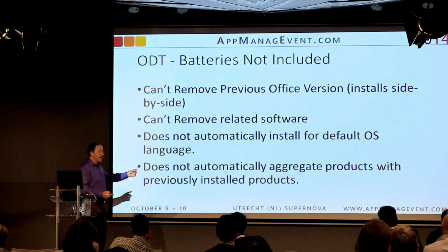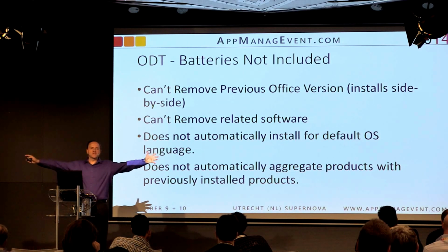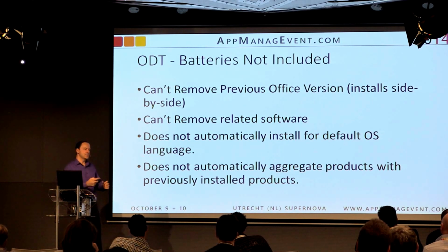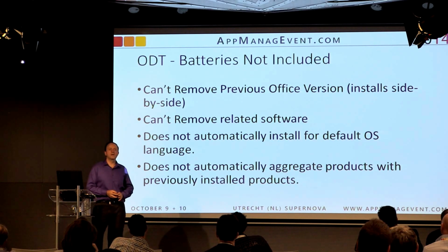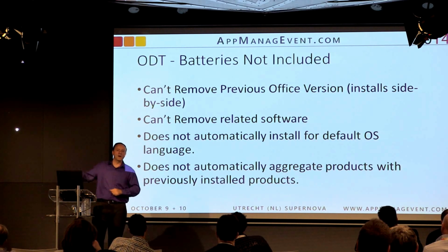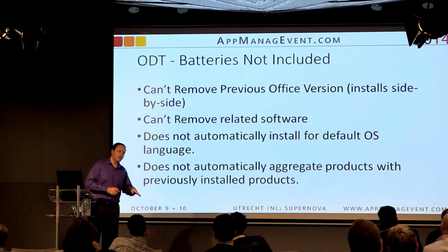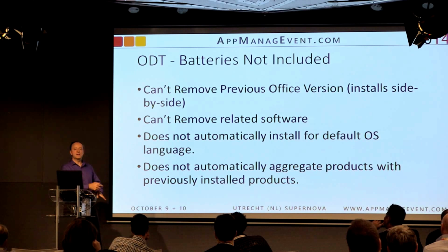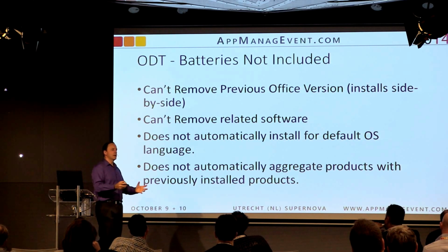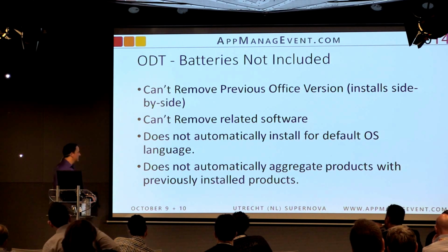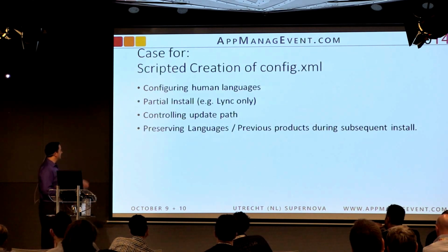It does not automatically aggregate products. So if I send out Lync 2013 to all 16,000 clients, tomorrow someone says, yo, we need OneDrive for Business before we do the full-blown Office project. We need you to push that out. If I just push out a new command that says install OneDrive, all my machines now have OneDrive and no Lync 2013. So I have to script and say, what do you already have installed? Ah, okay, you already have Lync, and oh, you've got this other one we didn't even expect here. Let's include those as well as OneDrive. And now rerun your config XML and get that deployed. So these are the kind of things that you end up having to script around.